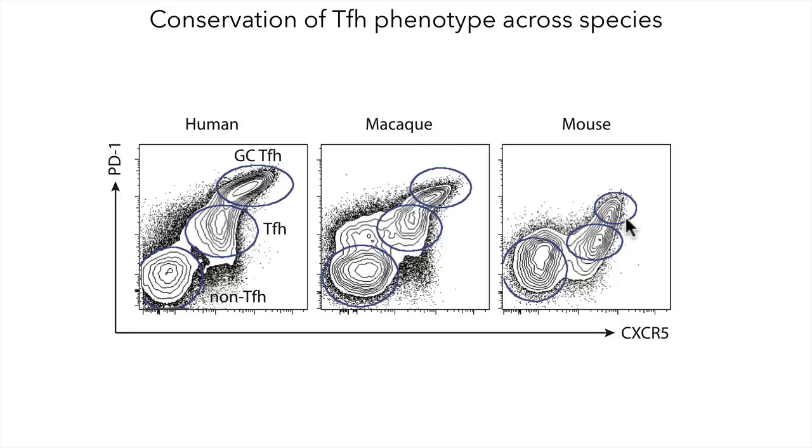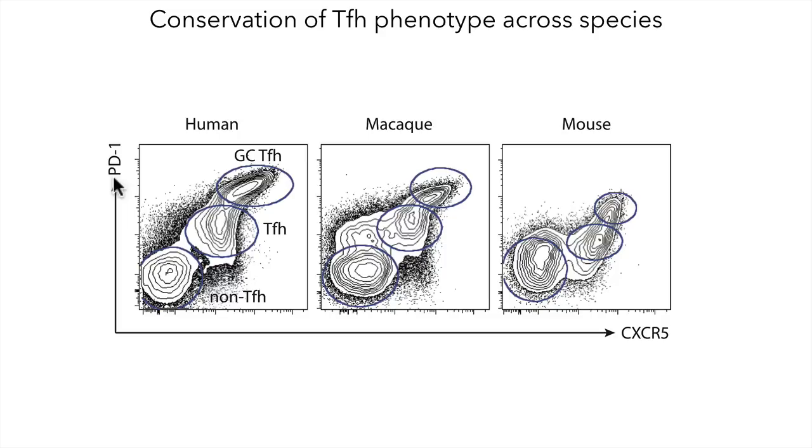And certainly CXCR5 is a critical marker in each, but the other migration-associated molecules I mentioned are well conserved in each species, as well as an entire series of TFH phenotypes that define these cells, including high-level expression of